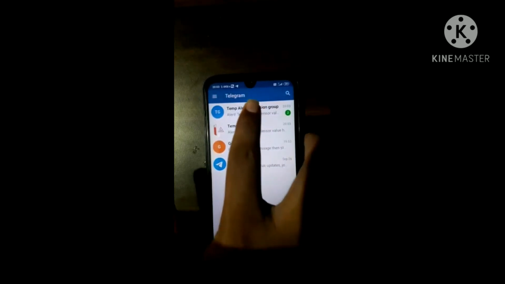Let's check another. In this way we will get our alert on our mobile phones through the temperature alert system which we have created. We have seen that my friend is demonstrating the project and he is nearly 100 kilometers apart from our system. He has got the notification on two things. One was the temperature alert group, in which only the owner and the automatic system can send the message. Another was a discussion group so that people can discuss things, and we can add any number of people in these groups.